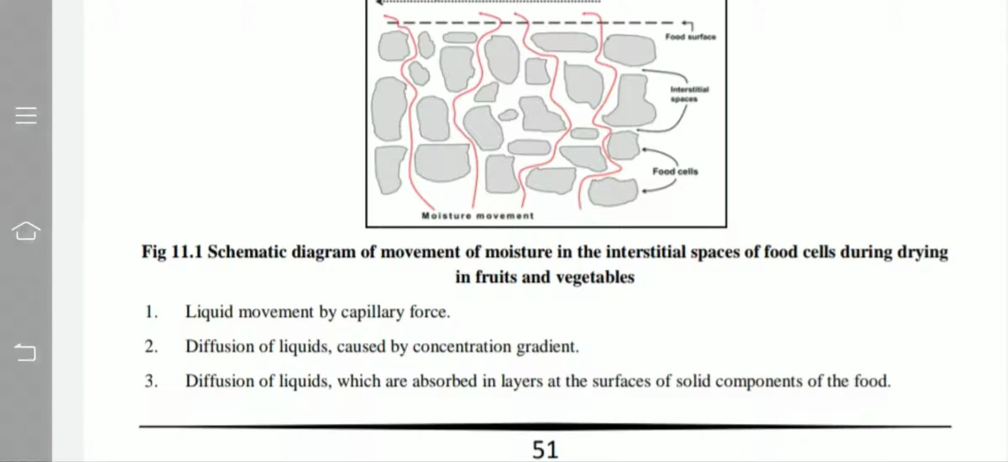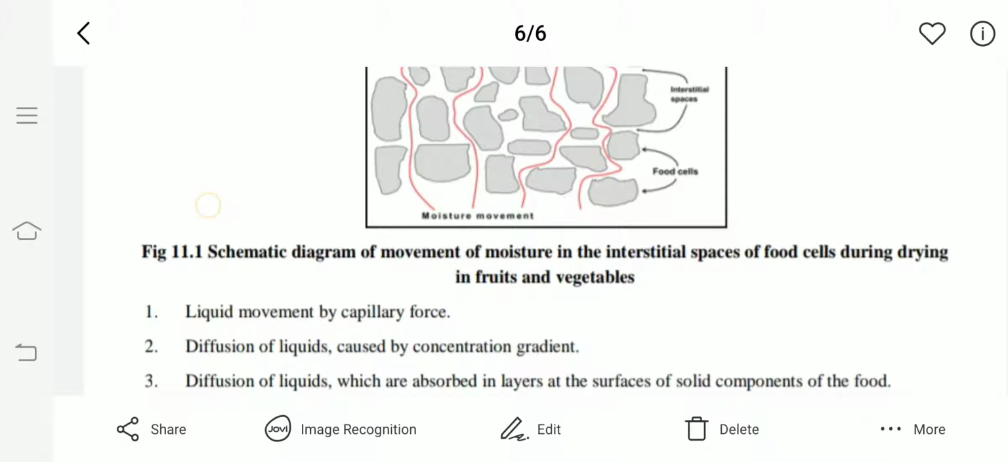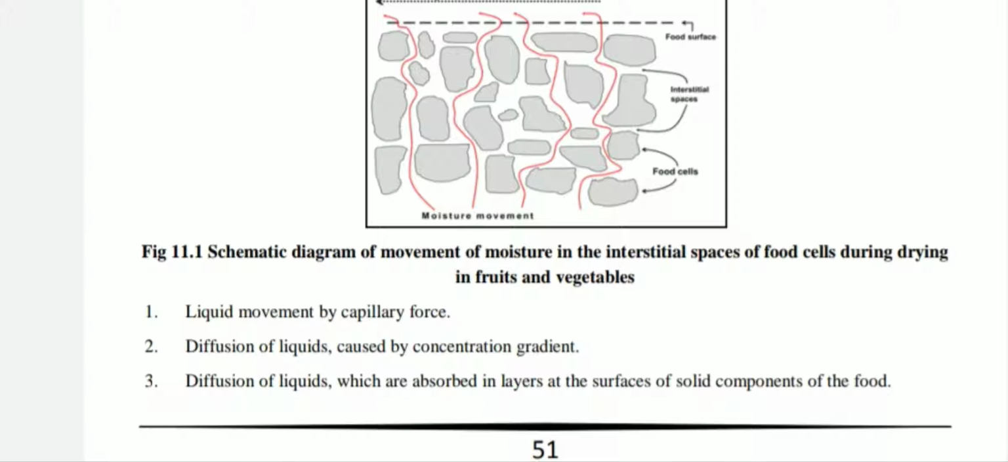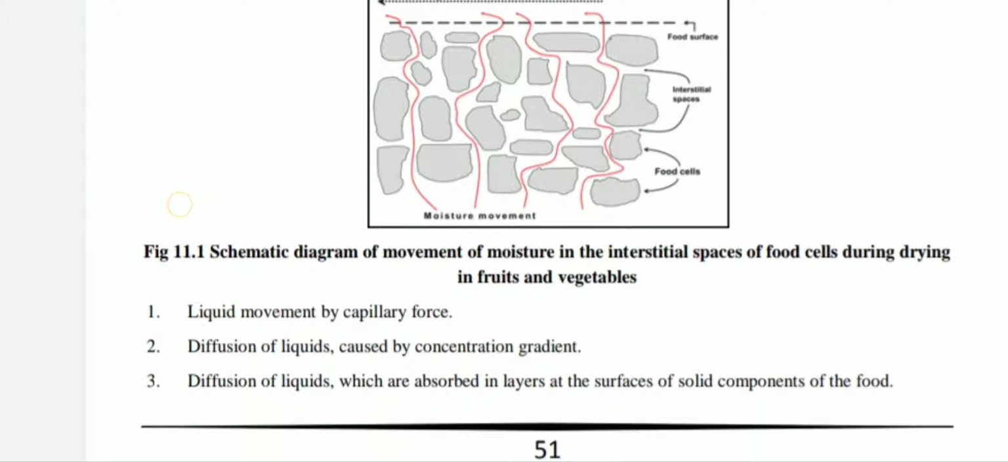The lowest concentration is outside the cell, we know. Now, diffusion of liquid is caused by concentration gradient. What is concentration gradient? The tendency to move from higher concentration to lower concentration. So when the movement of moisture, what moisture? That is present in between the cells,